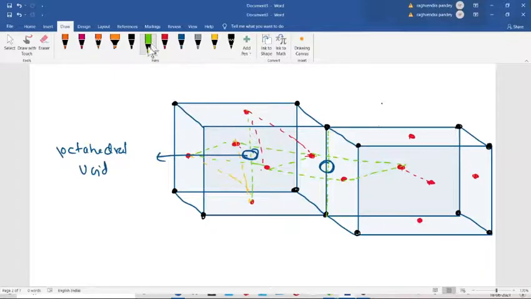So here we have this one layer of atoms, these three, and another one is this one. On the edge also is an octahedral void. So one octahedral void is at the center, and this octahedral void is on the edge.